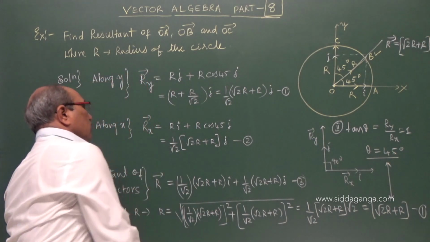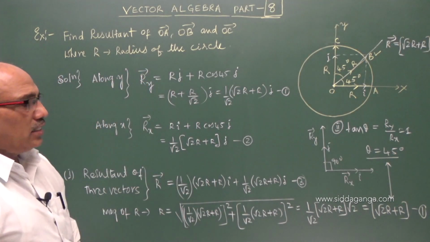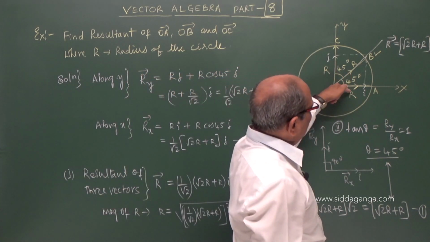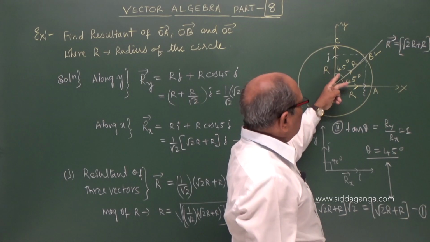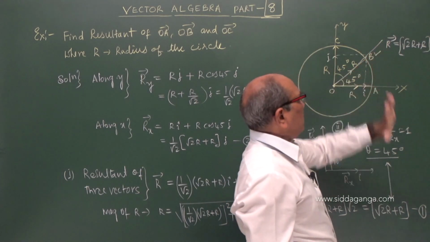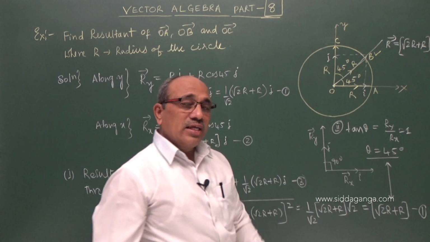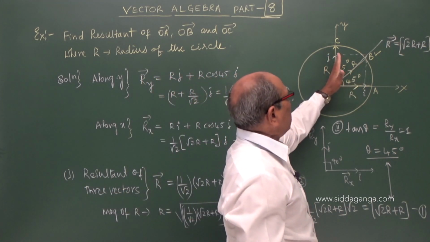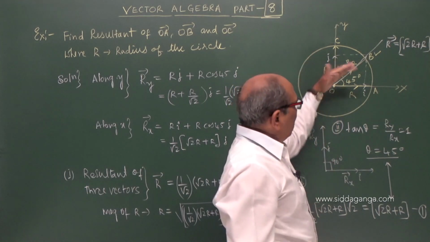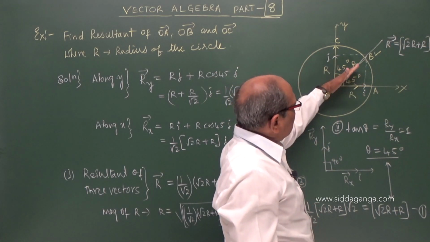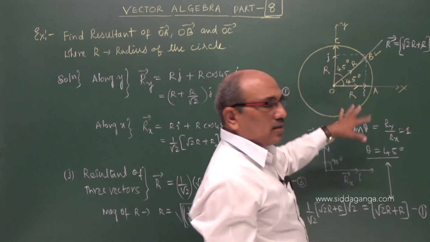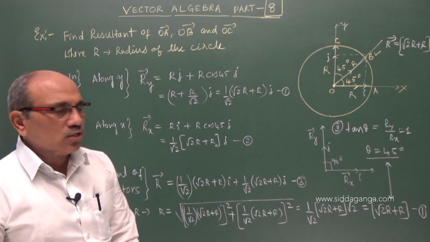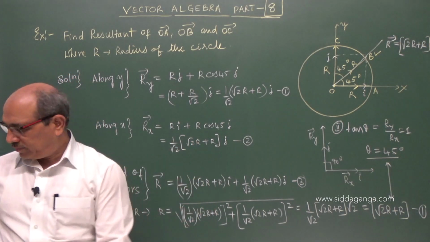So that is what we got in this problem. Resolving the vector into two components, one along this and one along this, we got two vectors. Their resultant, when we brought it, came in the same direction. There is an alternate method also. We can find one component in this direction and the other component in the y direction, and its direction again in this direction, and the opposite components cancelling. So different methods, but this is one simple method I showed here. I think you have followed. Let us go to the next one.